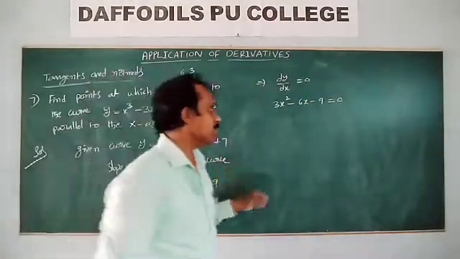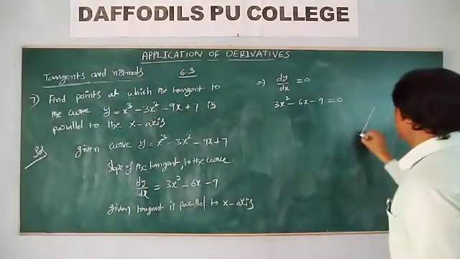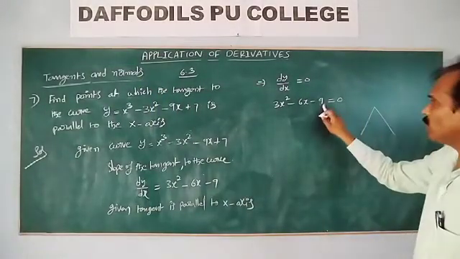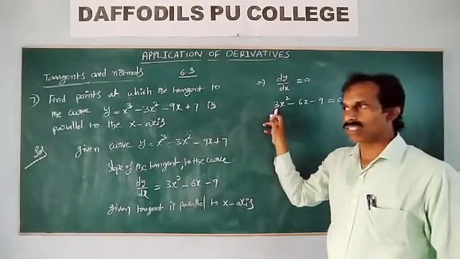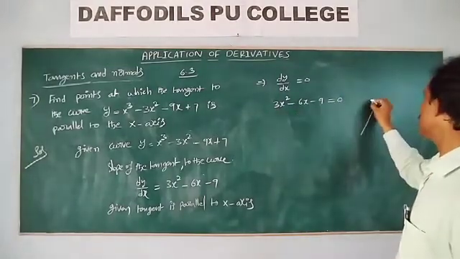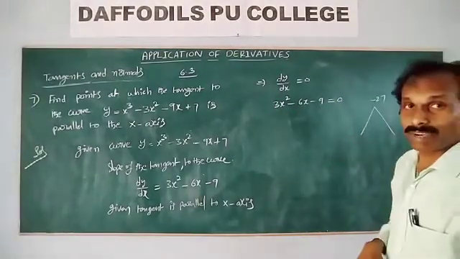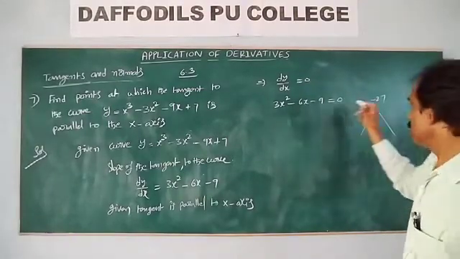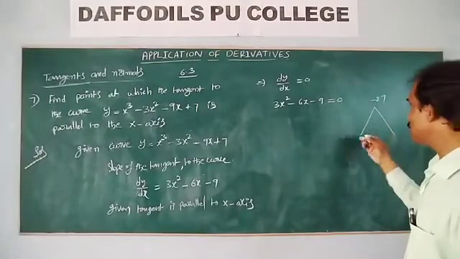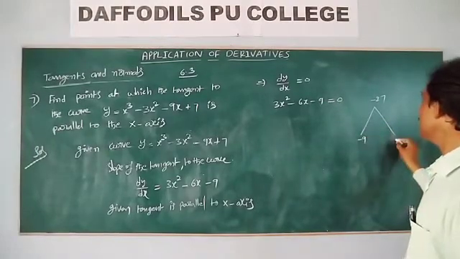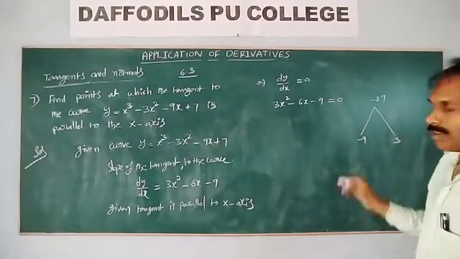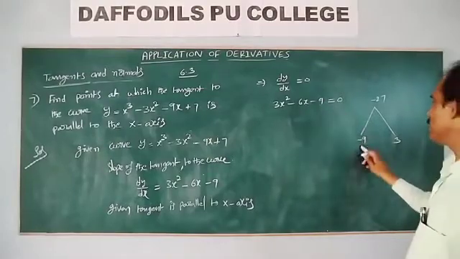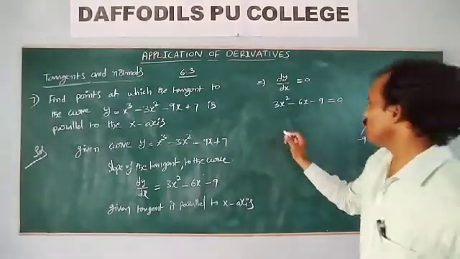Find factors. Middle term factorization. What is the constant value? Minus 9. This x square coefficient 3. 9 into 3 is minus 27. Middle term factorization: minus 6 we want, but the product is equal to minus 27. Same. Minus 9 plus 3, minus 9 plus 3 is minus 6. So minus 9 into 3 is minus 27. Therefore,